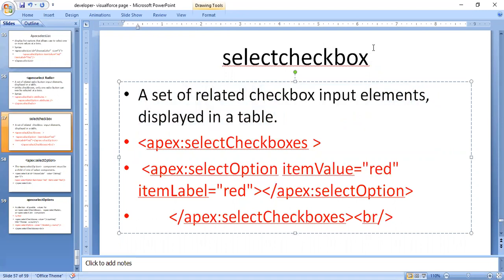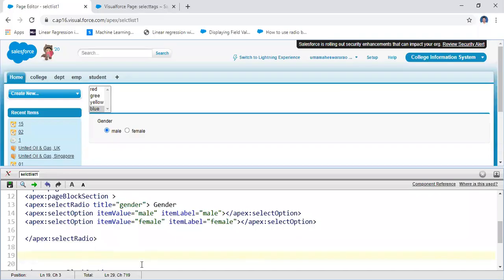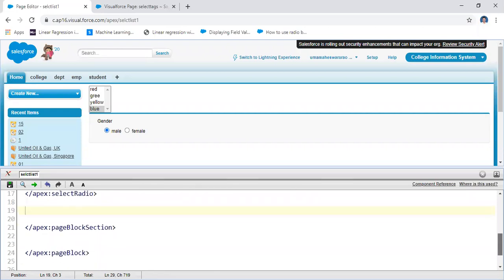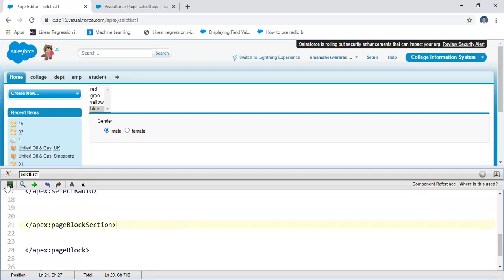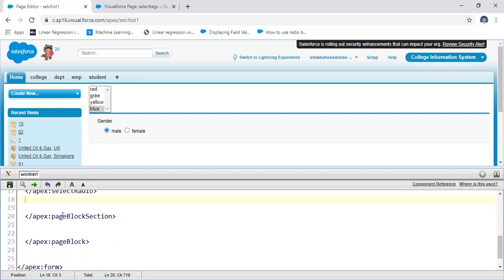For doing that I'm going to create one select checkbox. I'm going to come out from the page block, and from the page block I'm going to create a new page block.